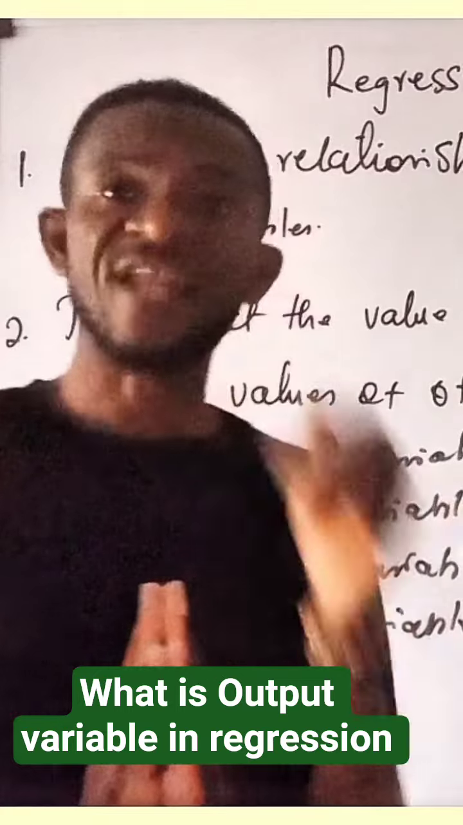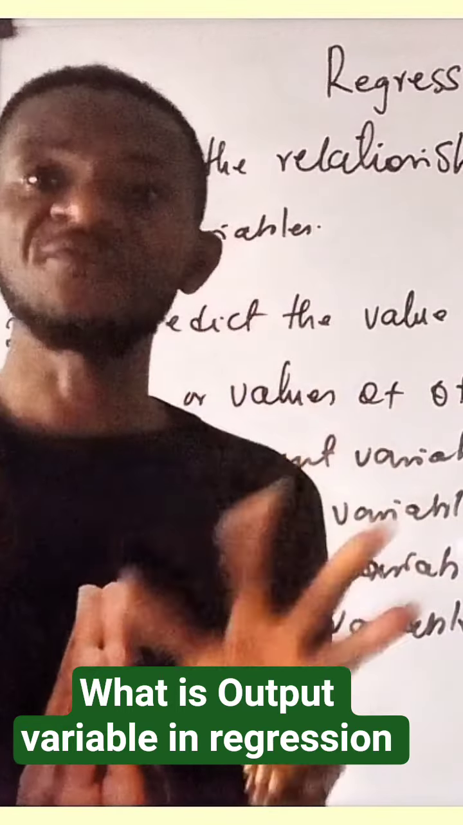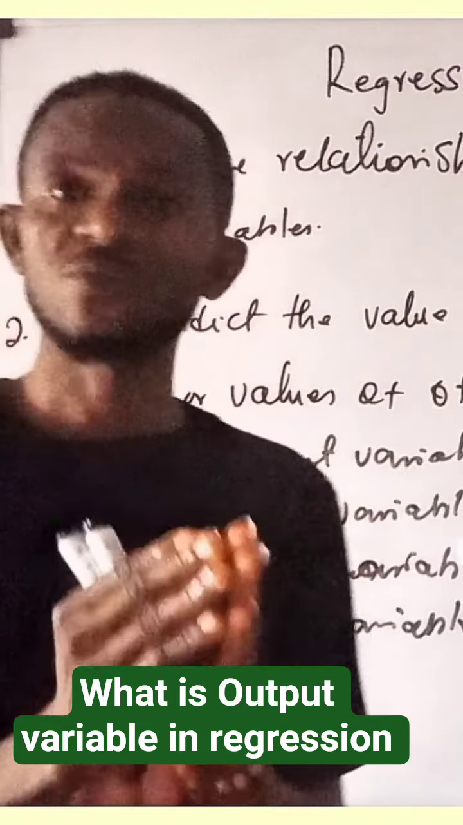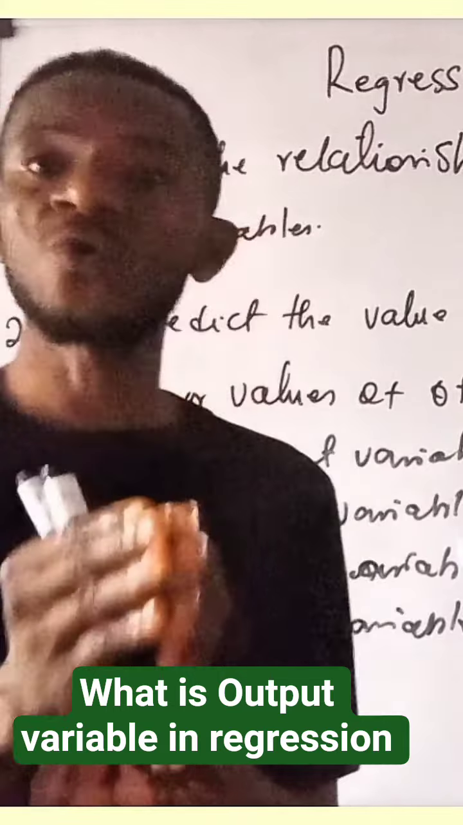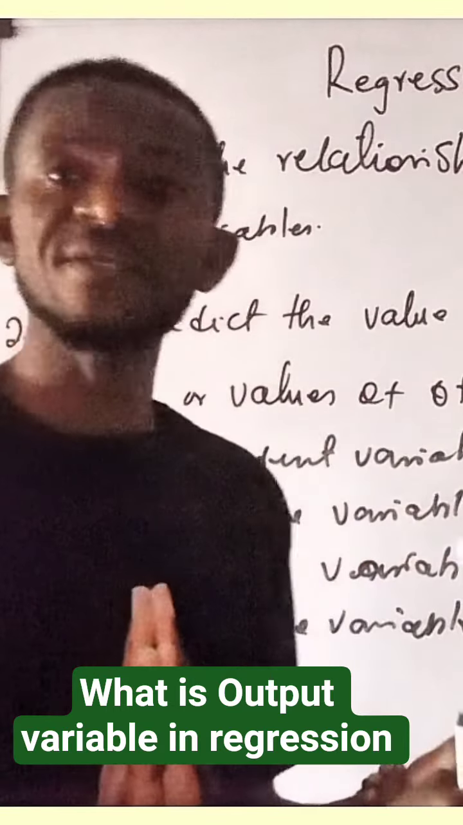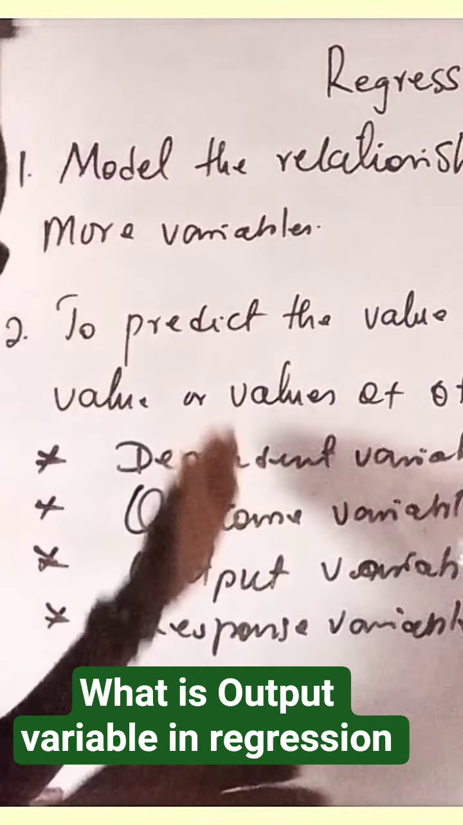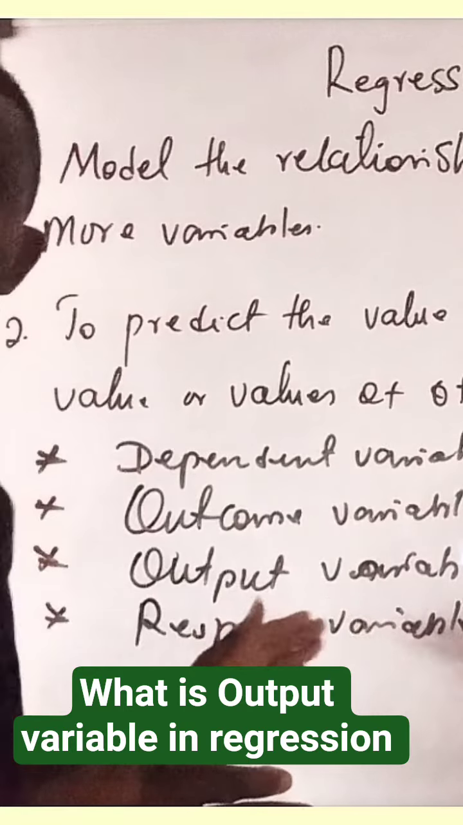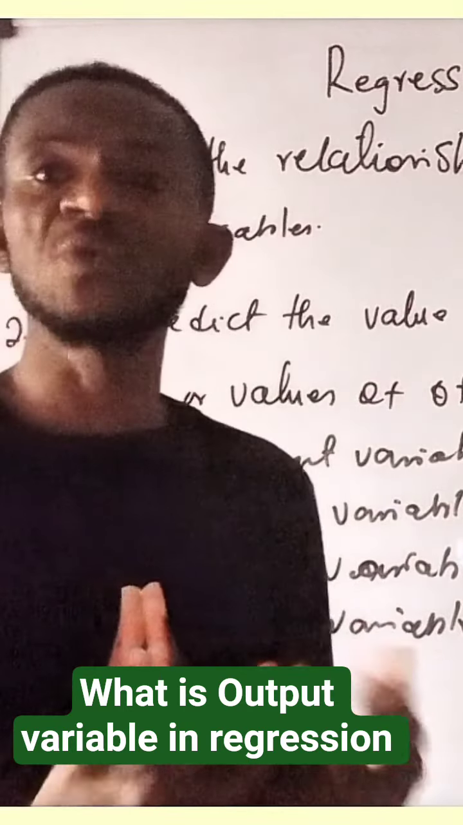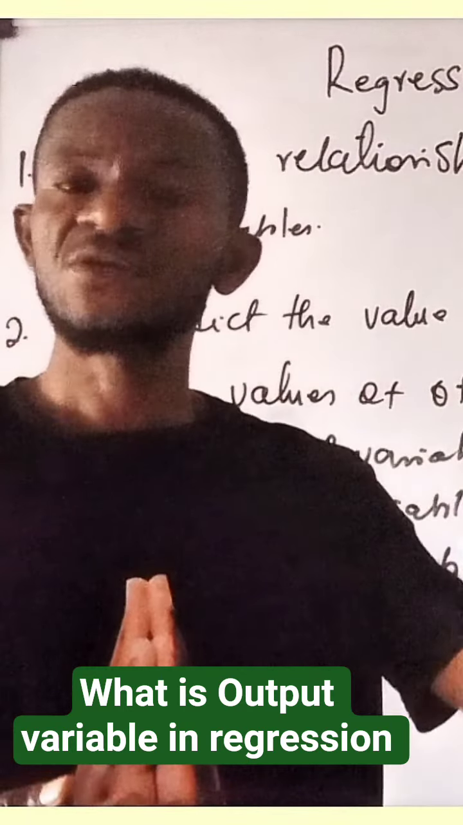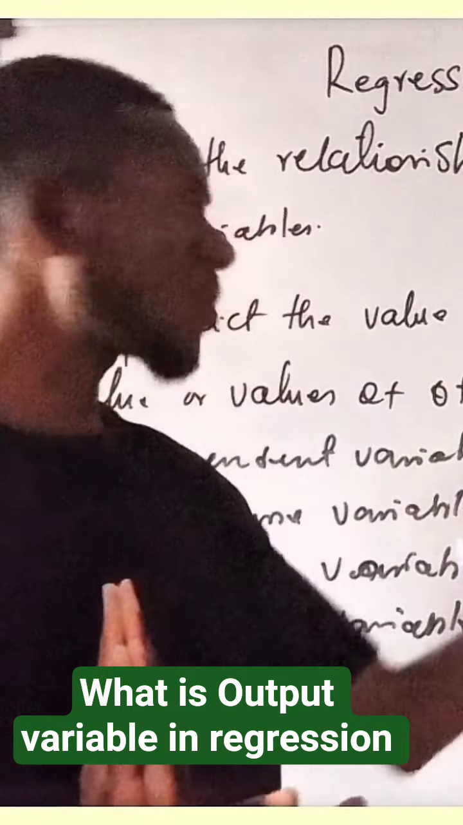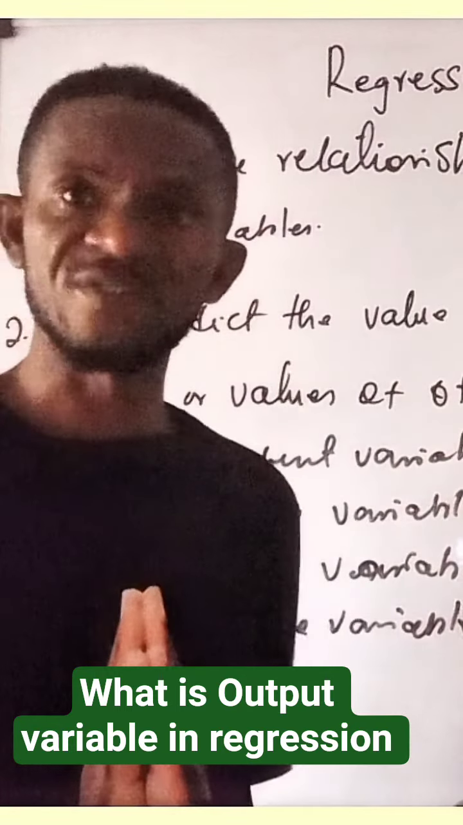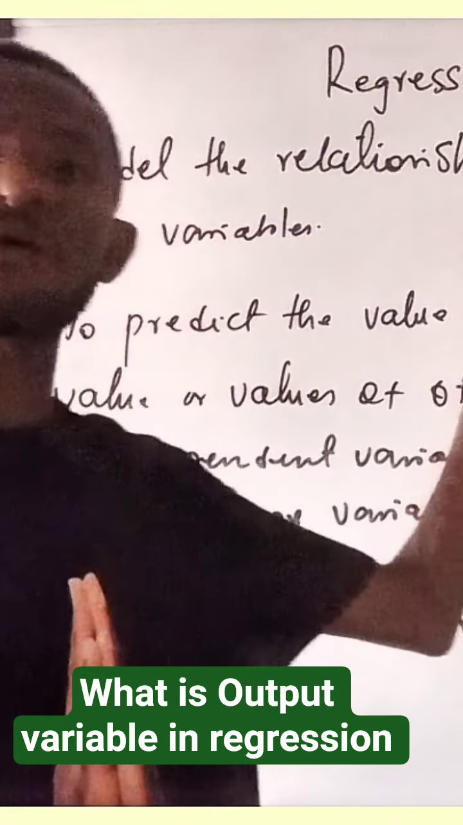So in regression analysis, the variables involved are classified into two. One, the variable whose value is being predicted, called any of these names. And then the variables that we use to predict other variables, called any of these names. So in the context of the